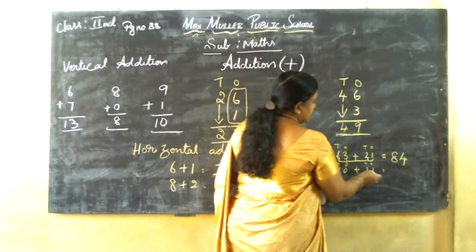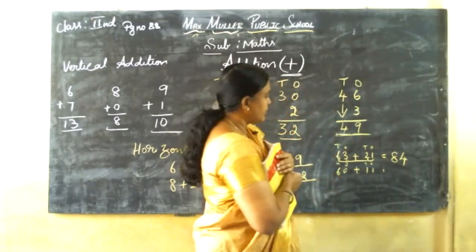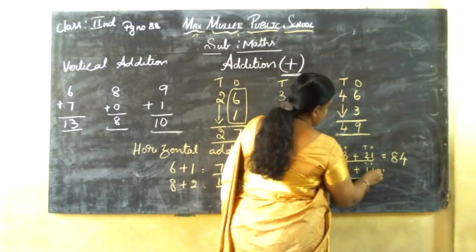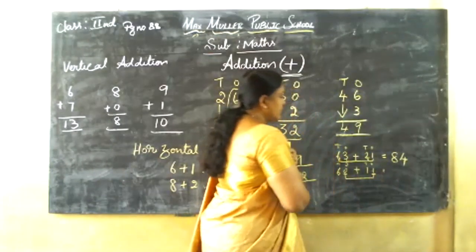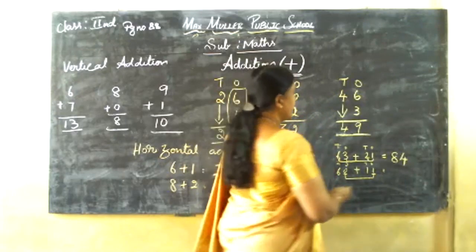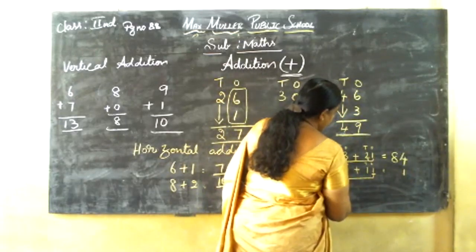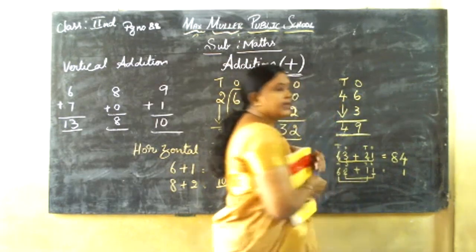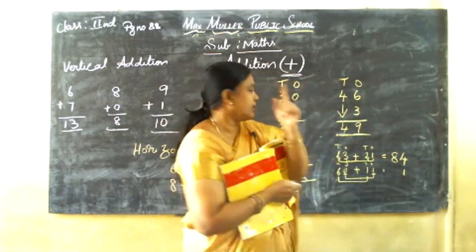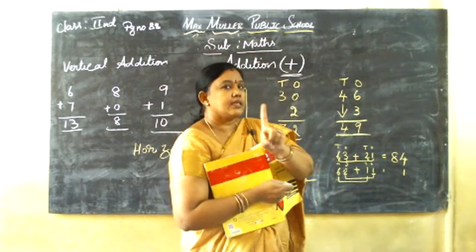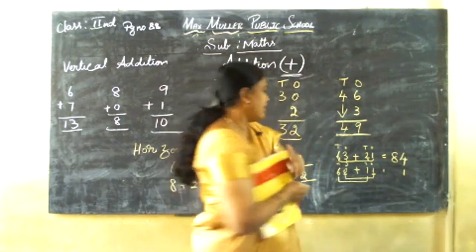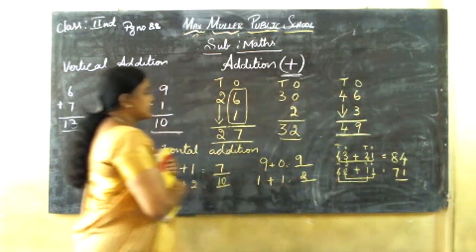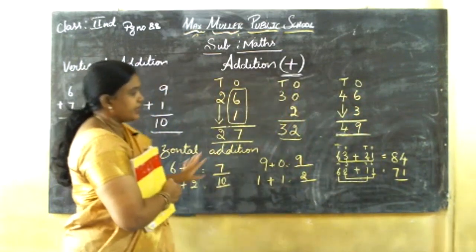Here 60 plus 11. First which number will you add? The ones number you will add. 0 plus 1, the same, 1 will come. After that you will go to the tens number. 6 plus 1, which one is bigger here? 6. Keep 6 in the mind, 1 on the finger. After 6, 7. 71. Understood children? Single digit numbers also we did.